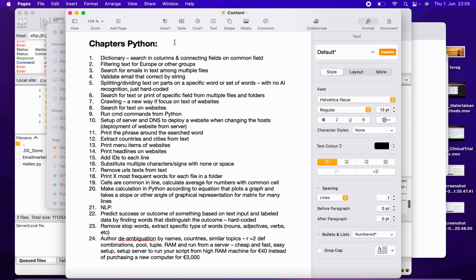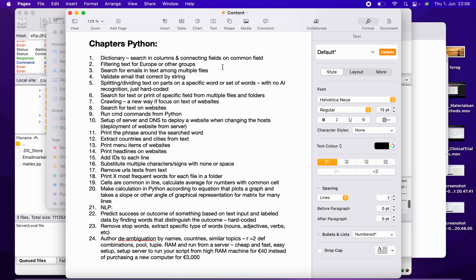Right, so the chapters that are covered in the Python, normally when you have a huge text and it has multiple attributes, you want to split them, either comma separated, but we prefer the vertical pipe. And you can search in each of the columns, and you will have the dictionary how to search within these columns. You may have such case when you have the same column, the first column, the ID, while you will have different next columns, but you want to merge them on the common key,